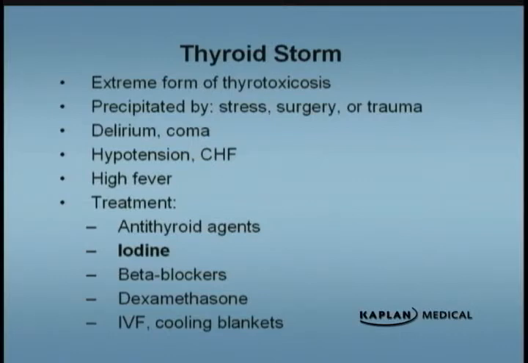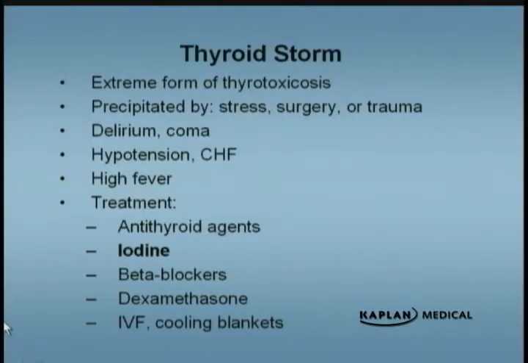Sounds kind of paradoxical. Why would you give the thyroid cell iodine? But it shuts down for a while, basically to incorporate iodine into the machinery and make more thyroid hormones a couple of days later. That's the concept. So once you give this patient anti-thyroid medication, beta blockers, and iodine, that's the cornerstone of treatment